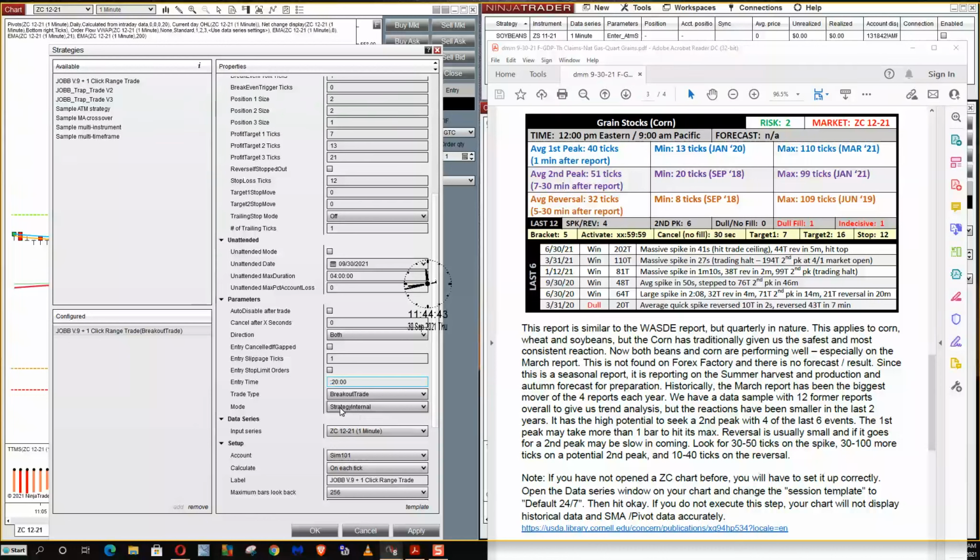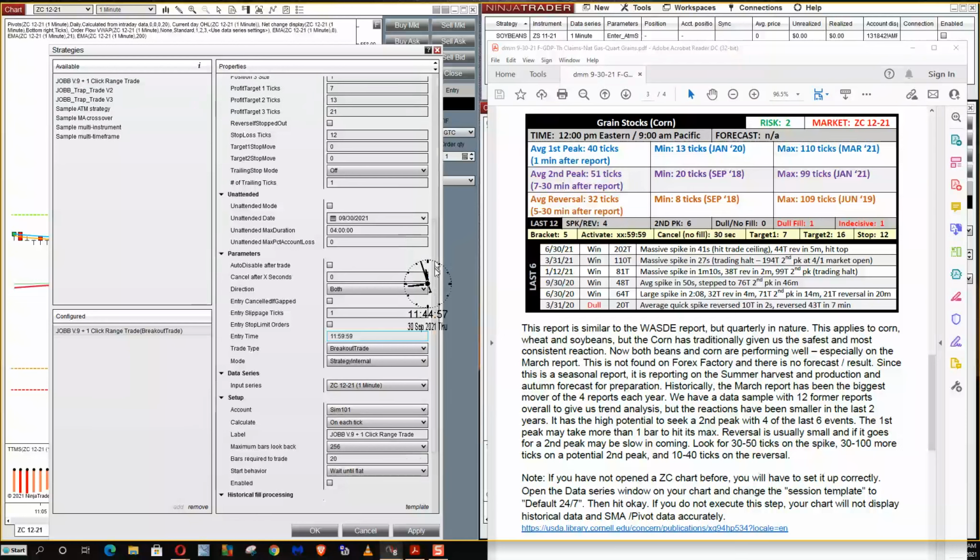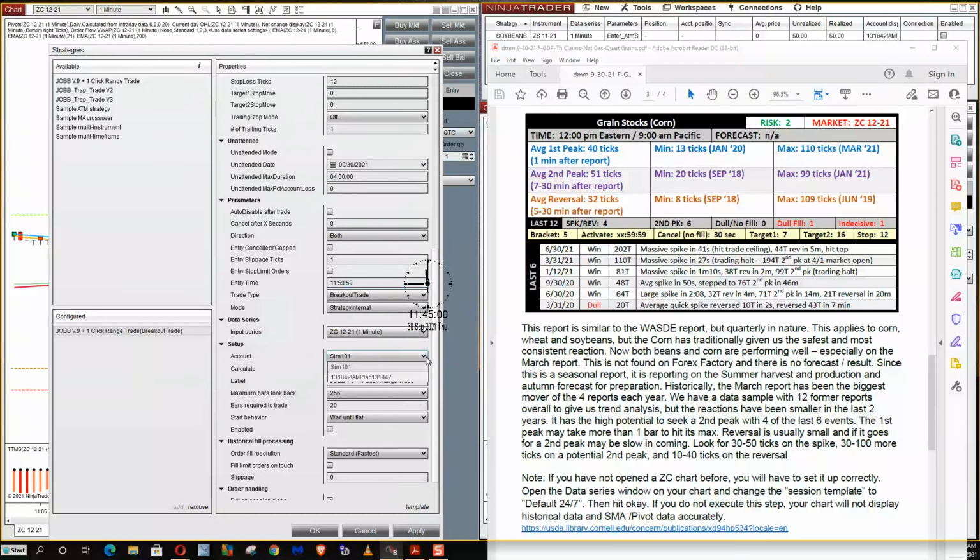Look, if it's a dull report, then a bigger bracket will probably cost you money. And just because it's the quarterly grain report, it's not a guarantee that it's going to be a great moving report. There are no guarantees. There's been a fair amount that have been dull. It happens. But it's more common that you'll get a decent move, especially because it's a quarterly report.